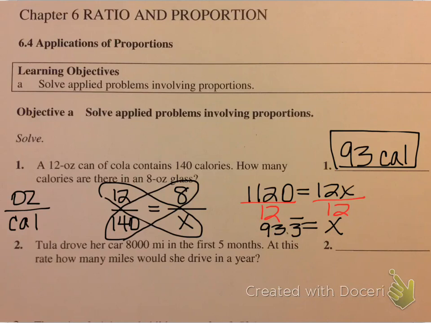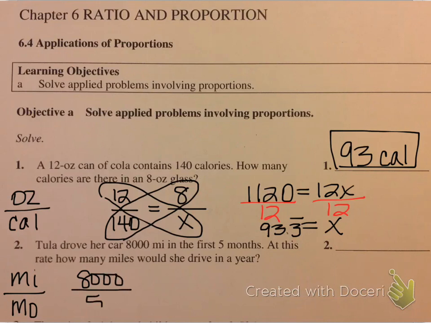So let's see if we can set up this second one. Tulo drove her car 8,000 miles in the first 5 months. So it looks like we're comparing miles to months. At this rate, how many miles would she drive in a year? So she drove her car 8,000 miles